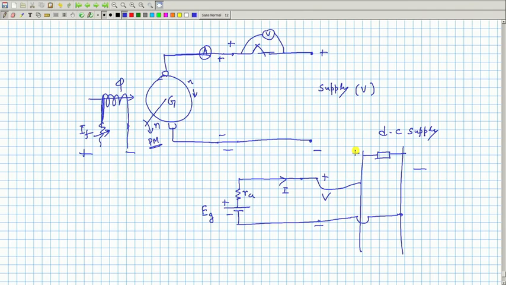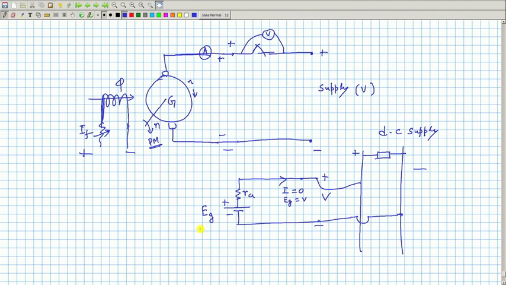What is the DC bus? Where supply is available, fixed voltage, where several other loads are connected. You have now made this DC machine a member of this bus by doing this, ensuring that the voltmeter reading is 0, paralleled it comes like that. If E g is exactly equal to V, then this I will be 0. So, this machine is neither acting as a motor nor as a generator, it is just floating on the bus.